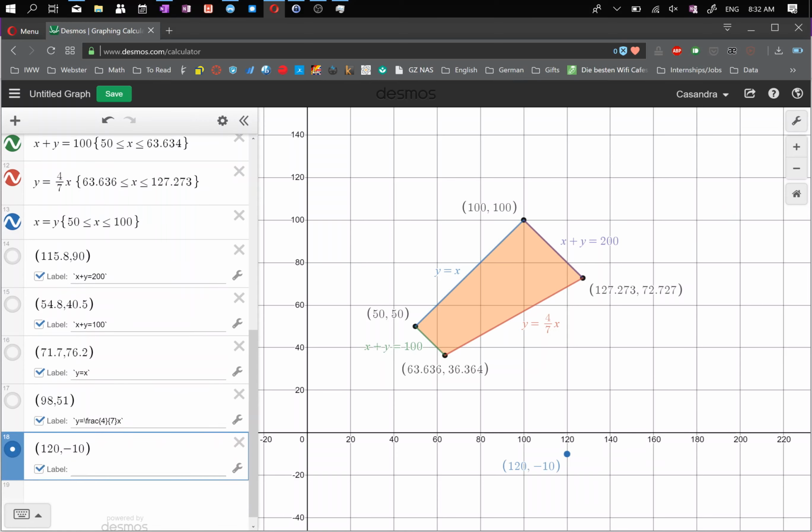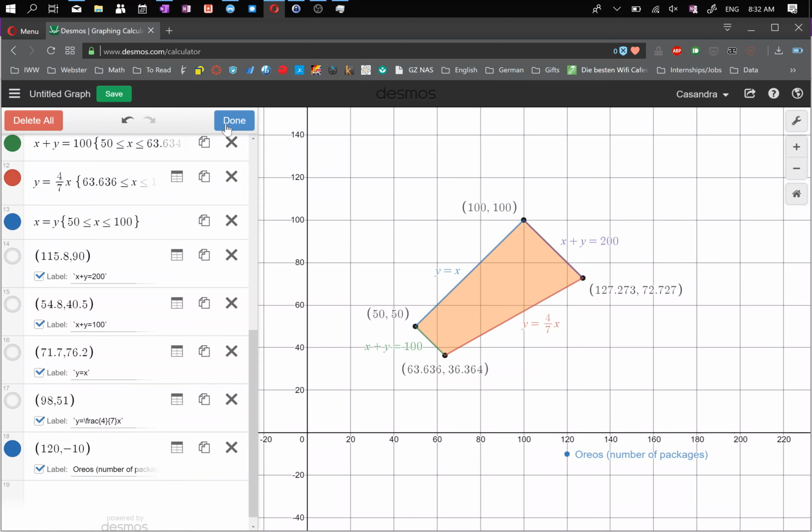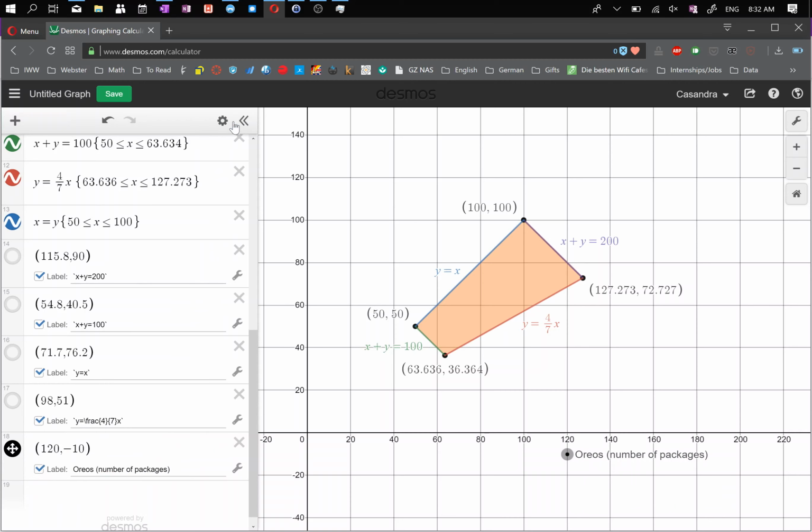I will label it with numbers, well, Oreos, and then number of packages. I like my labels to be black. I think all the labels should be black. It looks nice. Again, draggable because I want to move that. And this one I for sure want to be super big. So I'm making it large. I want it to the right. And then I'll just drag it like